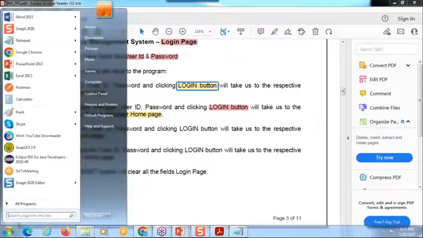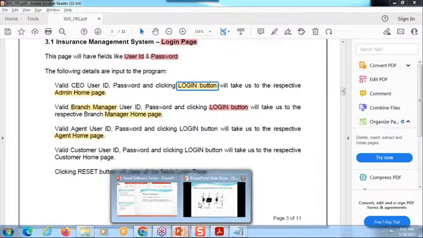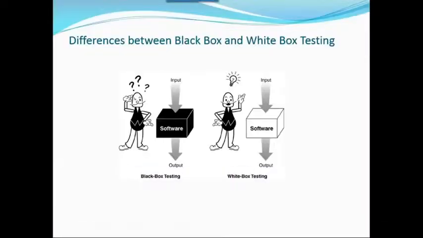Understanding, right? This is one of the most important things: the testing team always depends on requirements and functionality. Is it clear? We never depend on the code. We don't know the code. If we depended on the code, we could write the code and do all the things, but we never depend on the code.